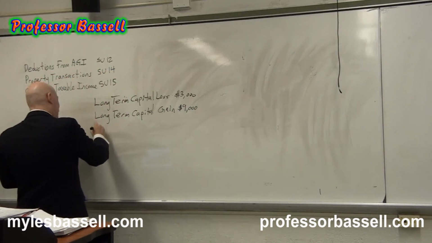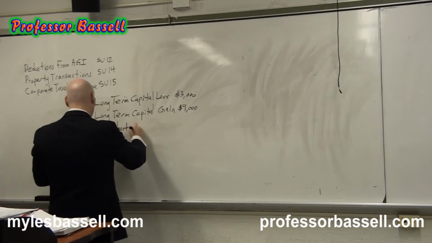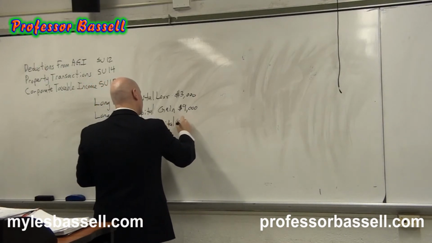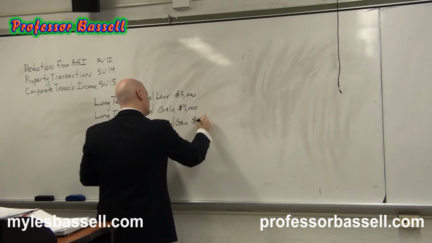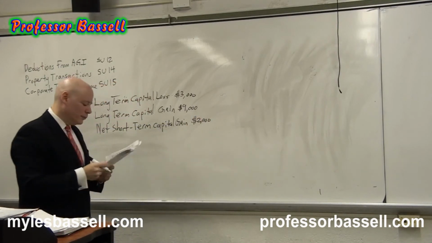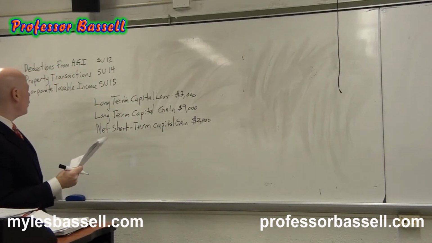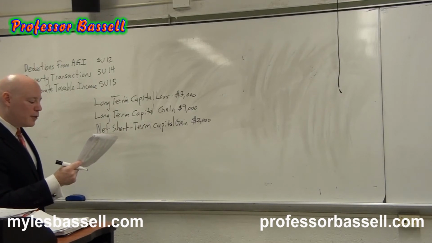The net short-term capital gain is $2,000. Long-term capital loss, $3,000. Long-term capital gain, $9,000. Net short-term capital gain, $2,000. So we want to figure out the capital gain net income. To do that, we have to find out